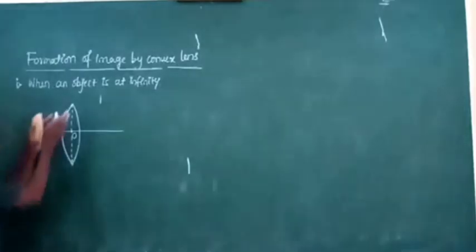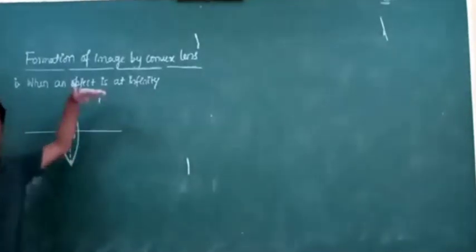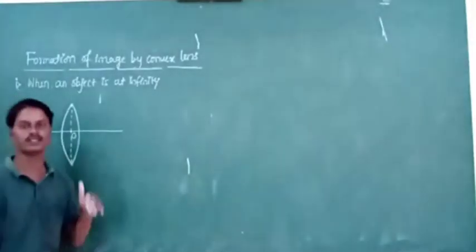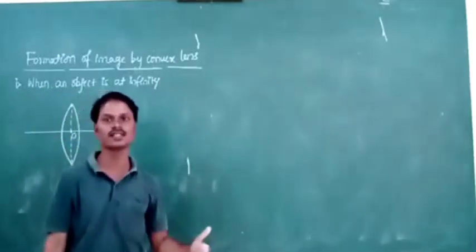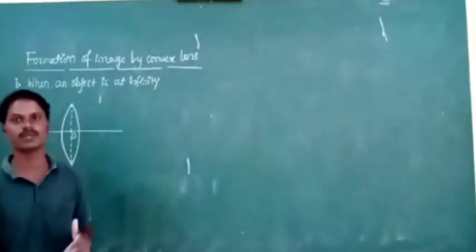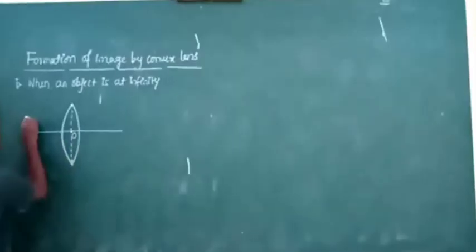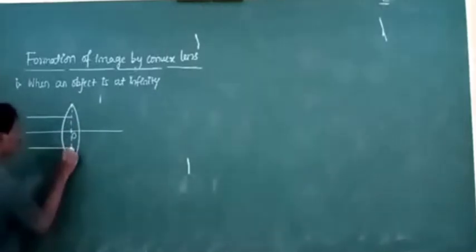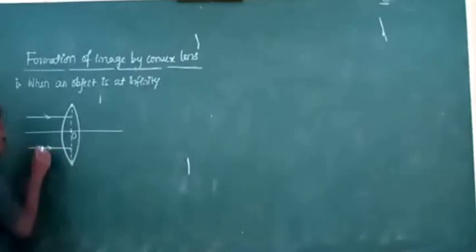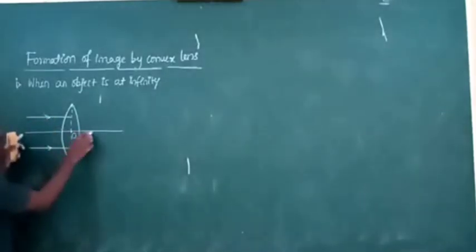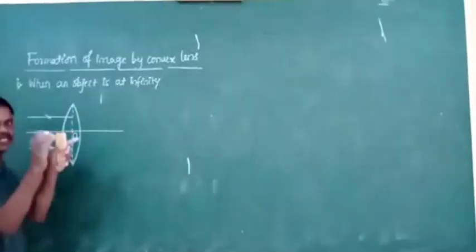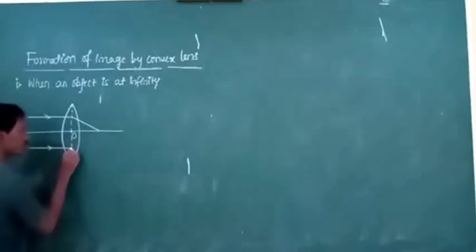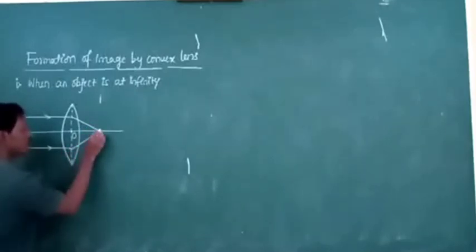Now let us consider where is the object now? Object is at infinity. The rays coming from the object which is at infinity are parallel to the principal axis. For example, the light rays coming from the sun near to the surface of the earth are parallel to each other. Then these are the rays which are coming from the object which is at infinity. After refraction, if the incident ray is parallel to the principal axis, the refracted ray will meet at focus. Which focus? Second principal focus. Here the image of the object is formed.